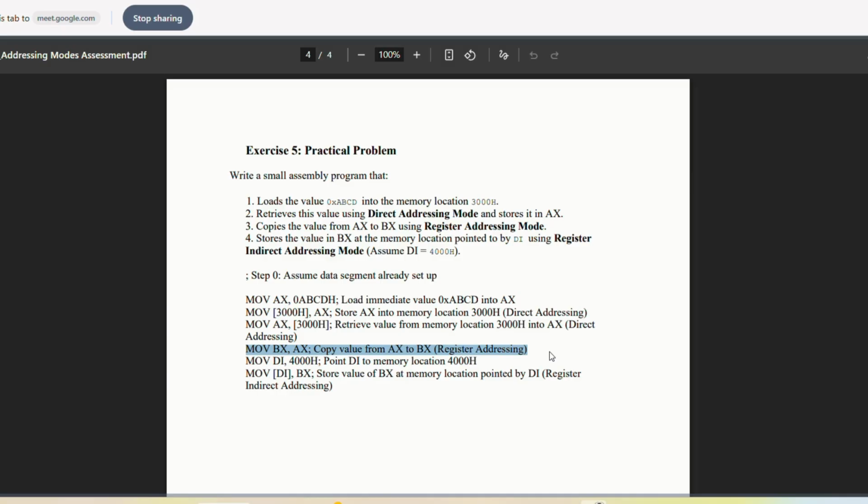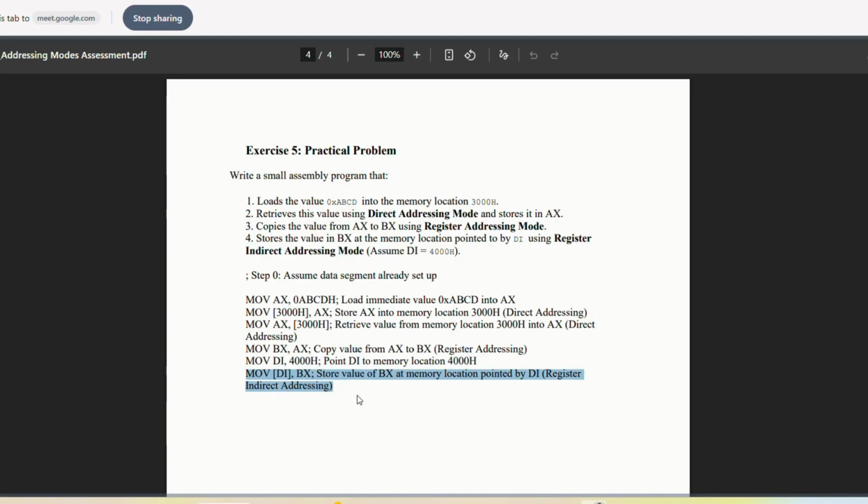So we will copy the value from AX to BX, which is register addressing. Then we'll do MOV DI, 4000H, which sets the DI register to point to memory location 4000H. Then the last step is we'll MOV [DI], BX,